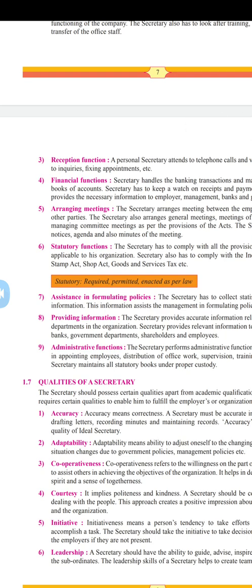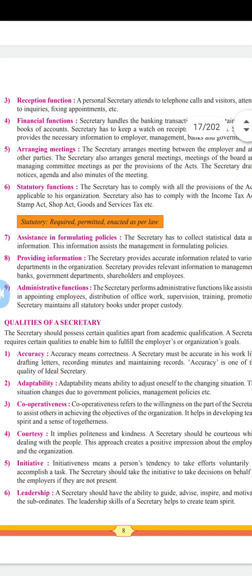Then the sixth function is statutory function. That means related to the law. Statutory means related to law. All the functions related to the law are also performed by the secretary. The secretary has to comply with all the provisions of the act applicable to his organization. He should know that's why the secretary should know about all the rules and regulations of the company, or the